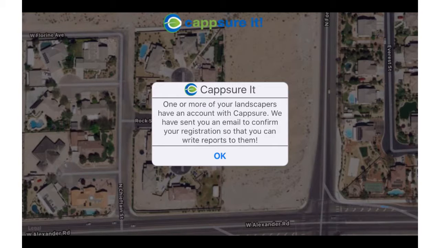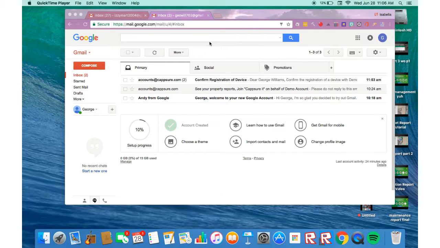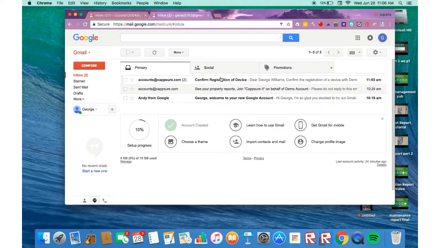Alright, so once you click OK, you should get a device registration email. So I'll show you what that looks like right now. So now we've logged into the email that I registered as a client. I see this email that we just received from accounts@capture.com. It says confirm registration of device. Just click the email,